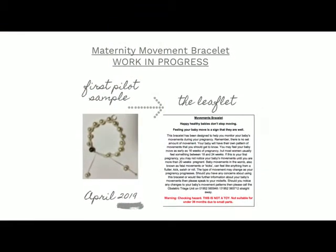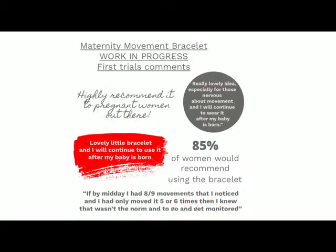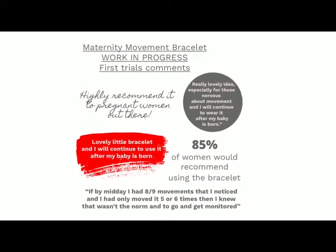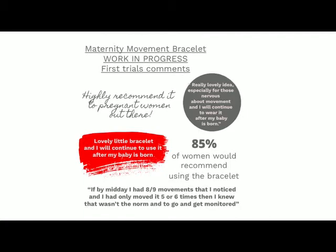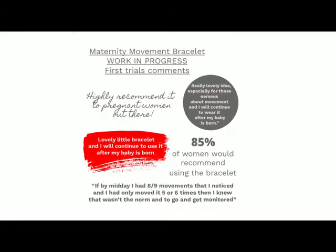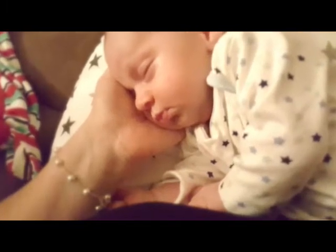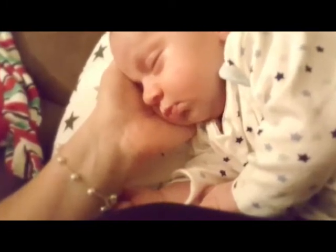I was also quite into my crafts back then. I don't get quite so much time for that now, but I had a big box of craft supplies which included jewellery making items. So one day I just sat on the sofa and had a play around with all the equipment that I'd got and came up with a bracelet which had some stones on it, some imitation pearls on it, and had a little loop which I moved over, and that was how the maternity movement bracelet was